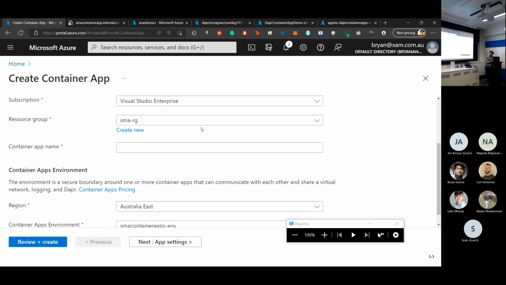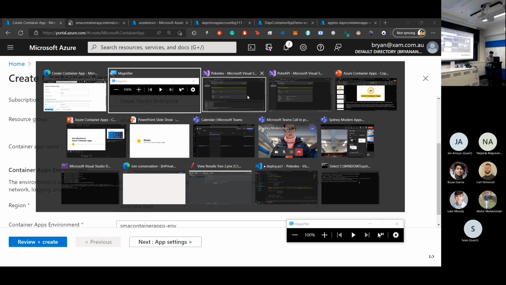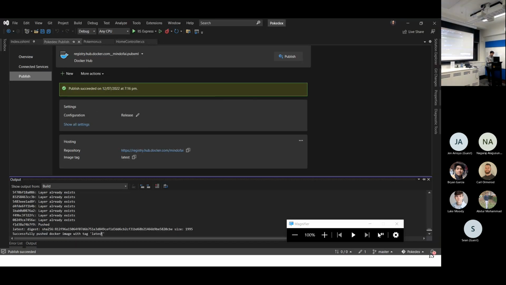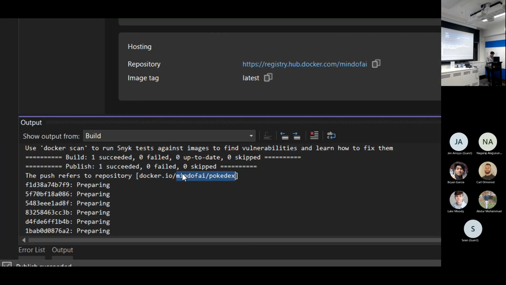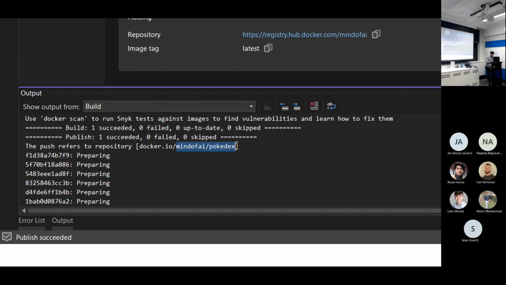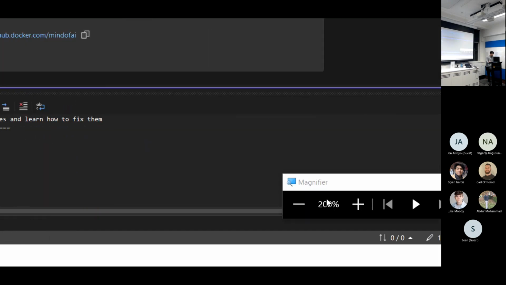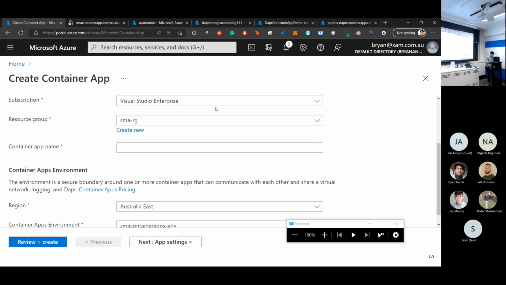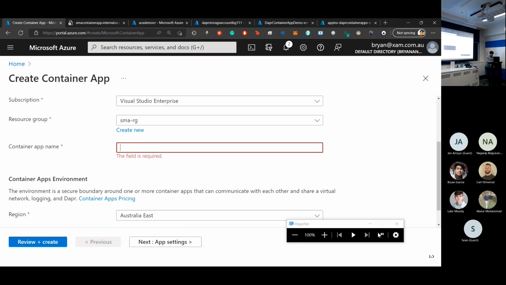And of course, we need to, because we are now creating a new container app based on our Pokédex. So it's already successfully deployed or pushed. So this is the name of my container image that I have deployed in the Docker Hub. So now I'm just going to name this Pokédex